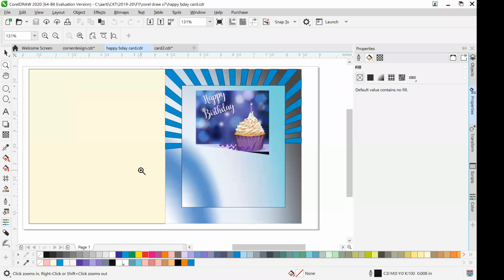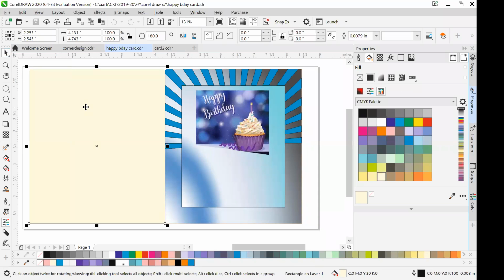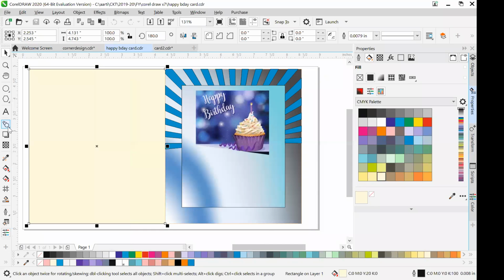Within a rectangle, I have drawn one more rectangle. It's called contour. So if you want to draw that contour, I will show you how to draw it. Contour is like creating the same image within that image. So here, effects. In effects, you will find these contours. In the blend, you will get that contour part. So I have selected the rectangle part and I want to draw its contour.